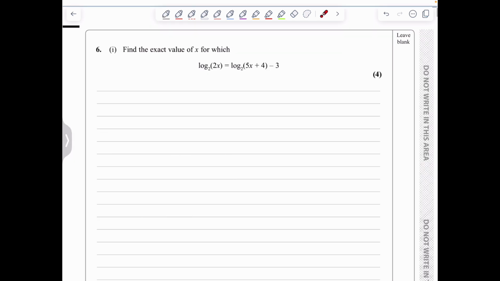In question 6i, we need to find the exact value of x satisfying this logarithmic equation. I will start by collecting the log expressions on the left hand side. So this leads to log of 2x base 2 minus log of 5x plus 4 base 2 is equal to negative 3. Now I can combine the two logs into a single logarithm. We've got subtraction of logs, so this can be written as log of 2x over 5x plus 4